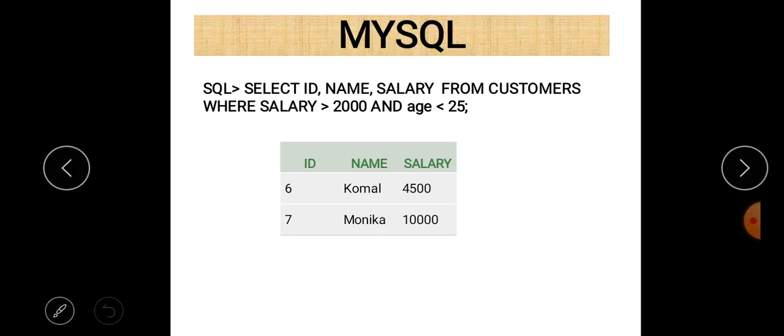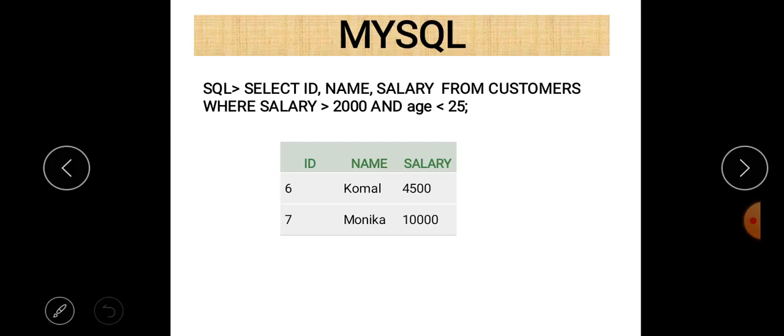So we just write select id, name and salary. Id, name and salary are the names of the columns, and if you want to select all columns then just write select star, and then from, and the name of the table is customers, and the where clause comes just after that.